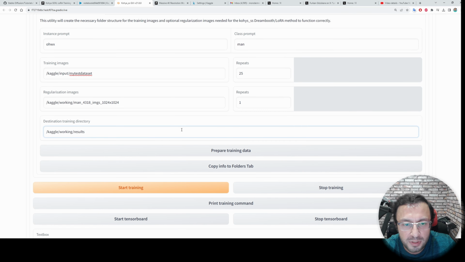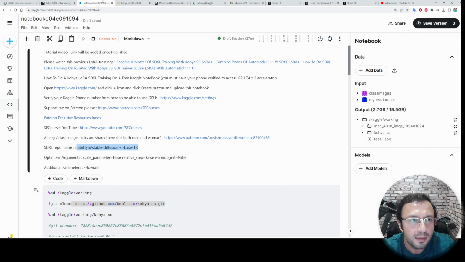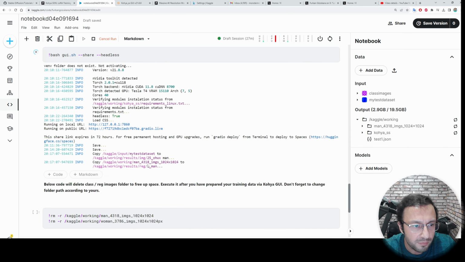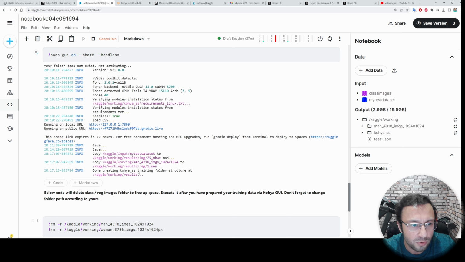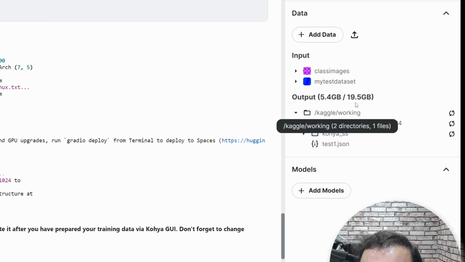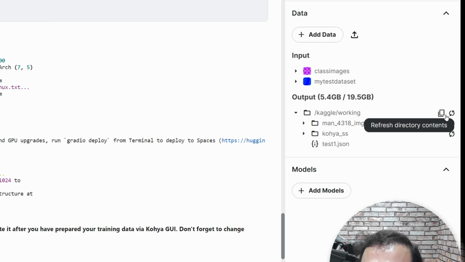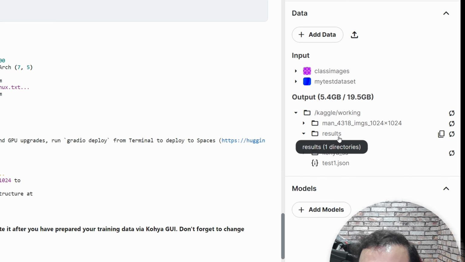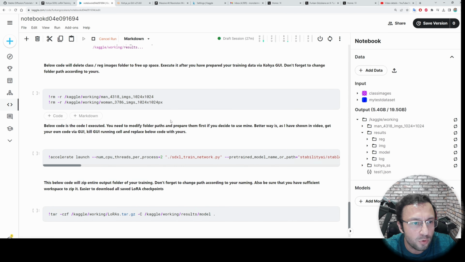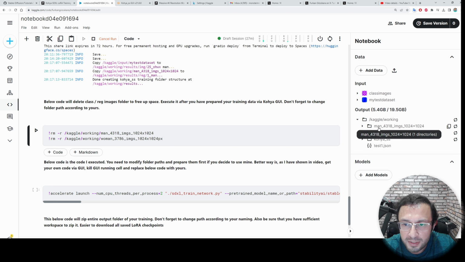So now what I need to do is first click prepare training data and watch the messages. You will see here carefully. We should see the copy option here. So you see it says done creating folder. So it copied all of the files both here and also here into our new folder. You see results. And you see my output is now using more. After this operation has been completed, you can delete the classification images folder here to open more space.